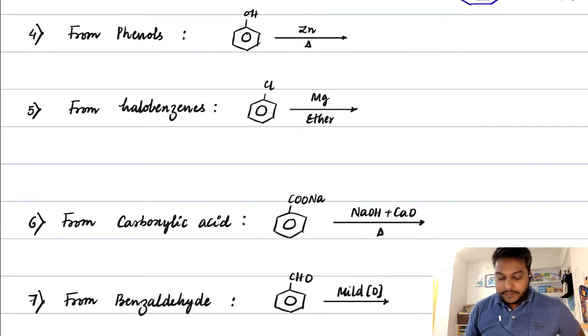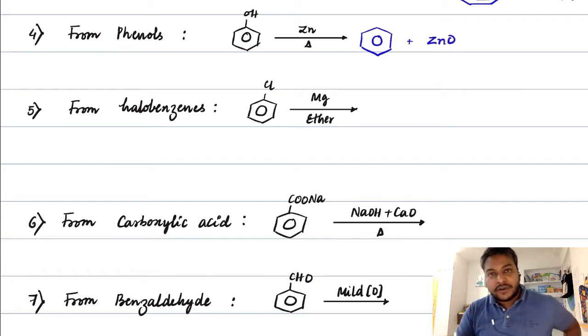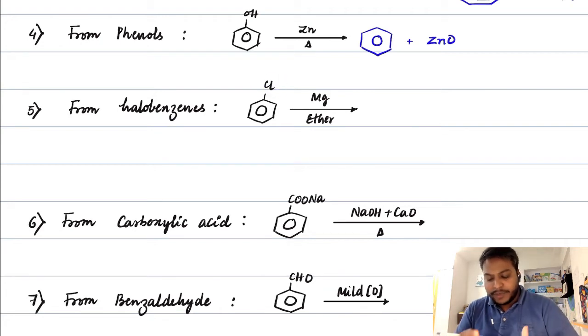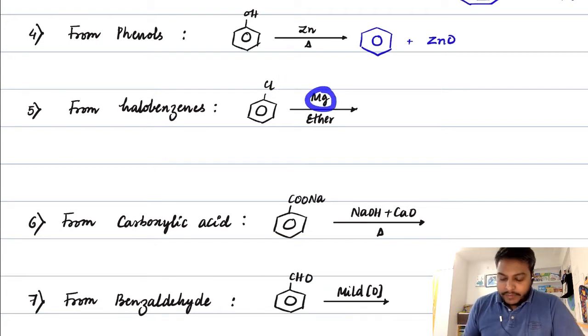Next we will see it from phenols. If we use phenol and directly treat it with zinc and heat, it would straight away get reduced to benzene, and zinc will take away that oxygen and become ZnO. Next, halobenzenes, which means whether you take chlorine, bromine, or iodine, if we treat that with magnesium and ether, first we would have